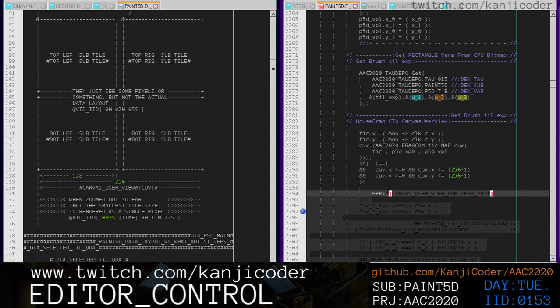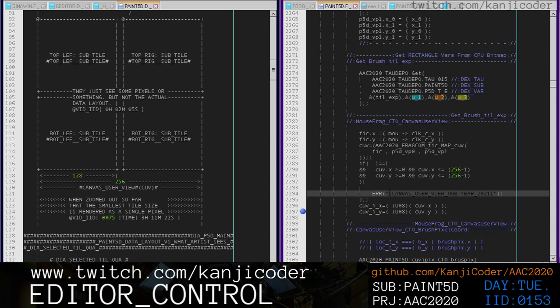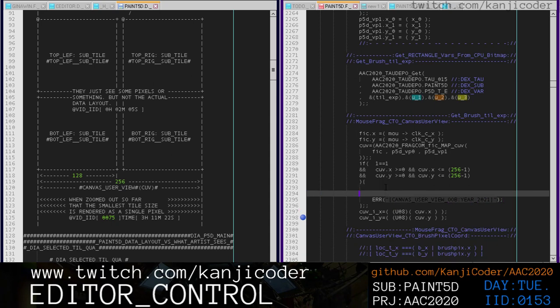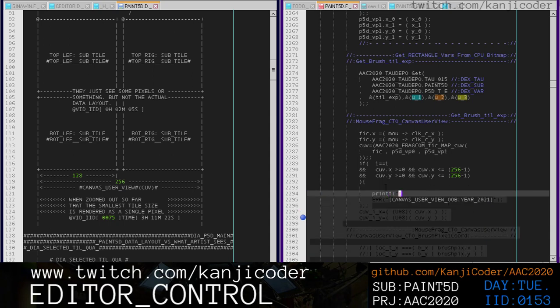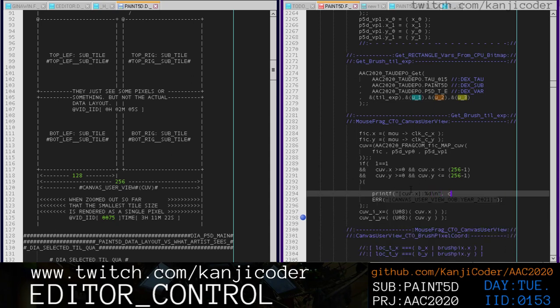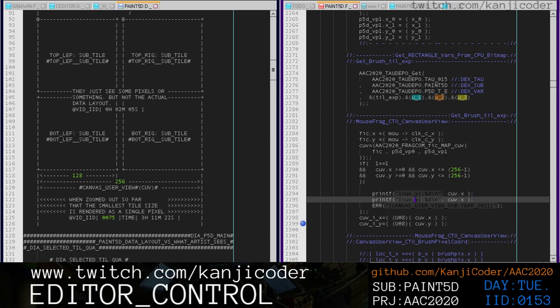And then also I just want to print off what that is. %d \n cov.x, and then this is the y. Okay, and also